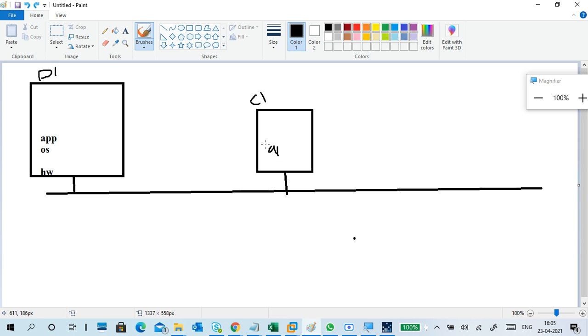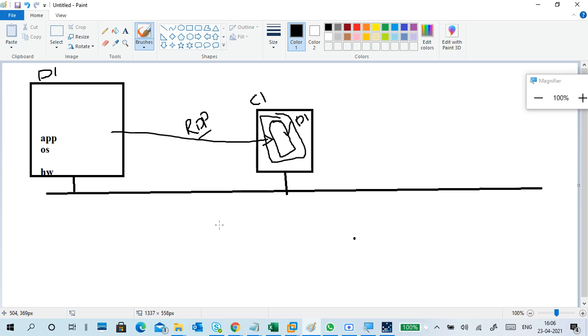So what do I do? I use remote desktop, RDP. What is RDP? Remote Desktop Protocol. So I access this desktop here. First I will access the desktop D1 with the user, and I can work with the application, whatever I want. I can access the entire system's applications. Understand, that is a remote desktop.